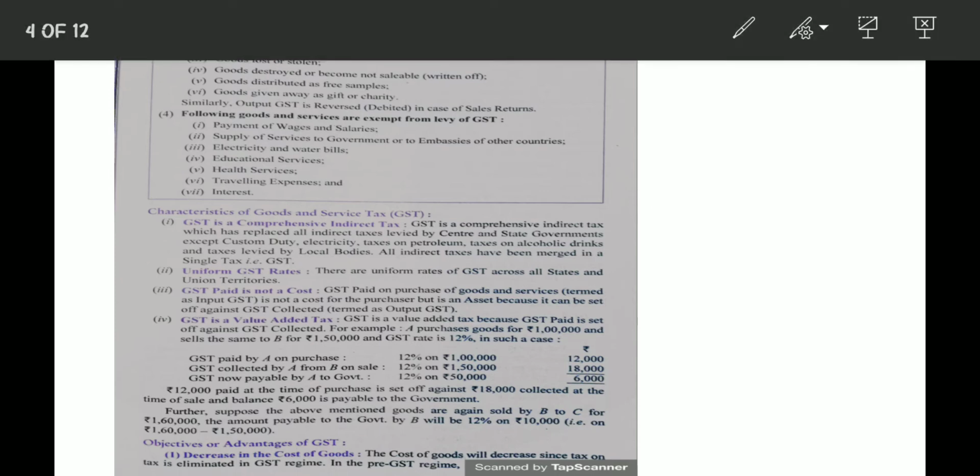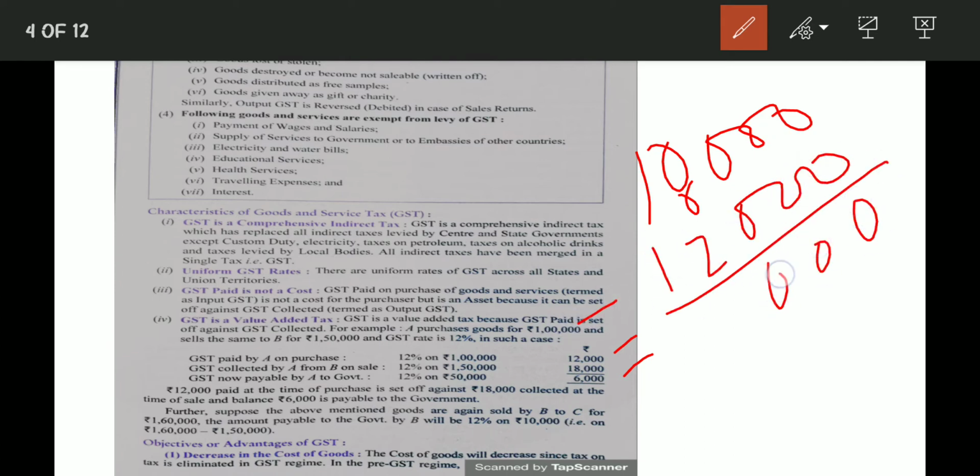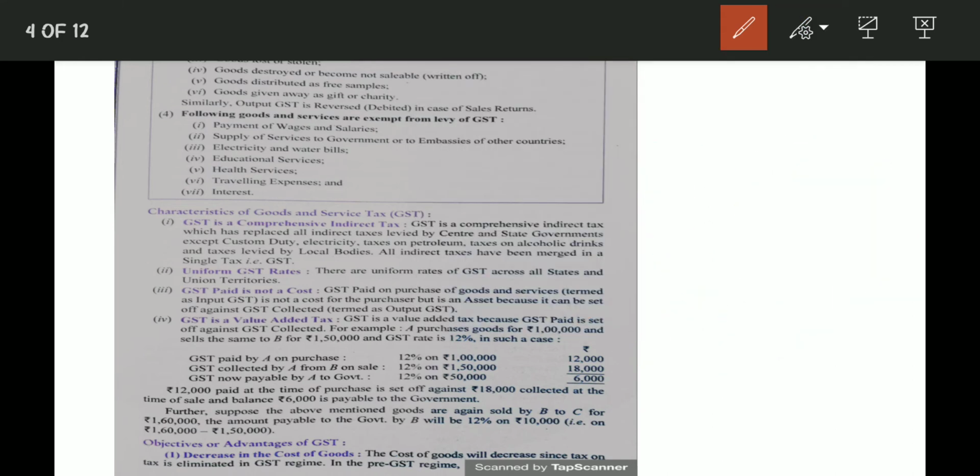And you can set off from it. How can you set off? You collected 18,000 and you paid 12,000. So you can deduct 12,000 from 18,000. That is, you have to pay only 6,000 into the government's account, right? Quite easy. Okay,